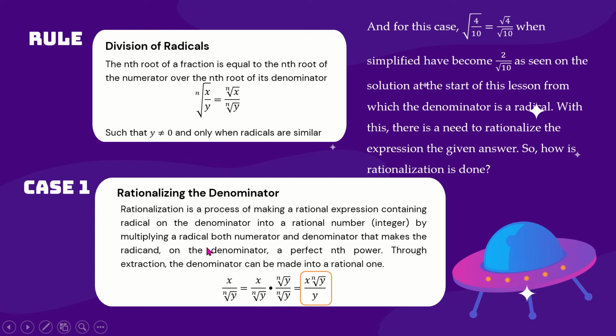Let us first understand that statement. By multiplying a radical to both numerator and denominator, that will make the radicand on the denominator... Where is the radicand in the denominator? This one is the product. The resulting product is not written. But if you will